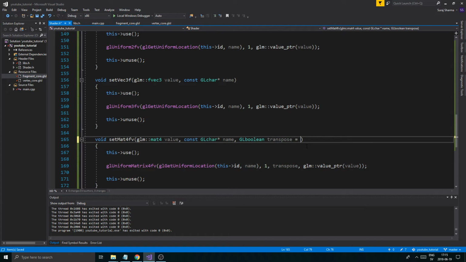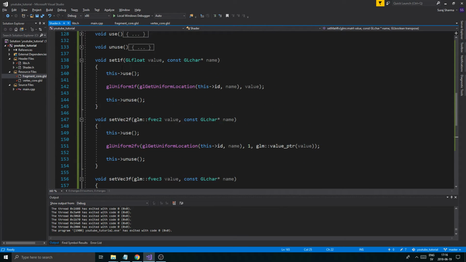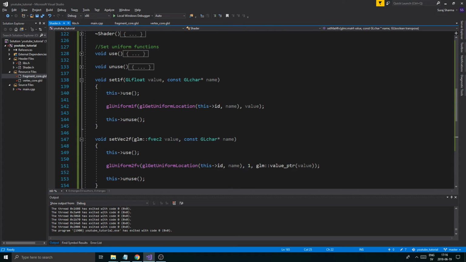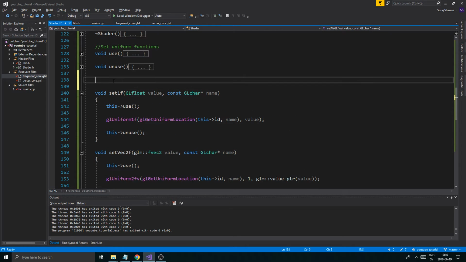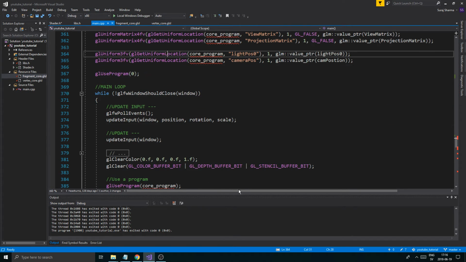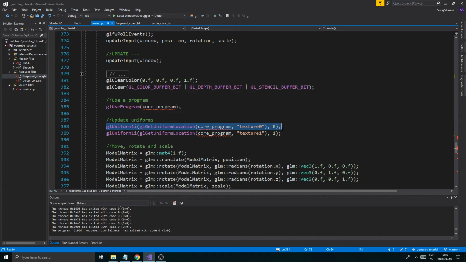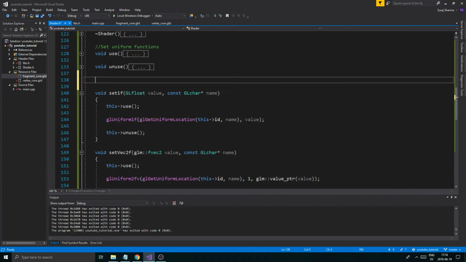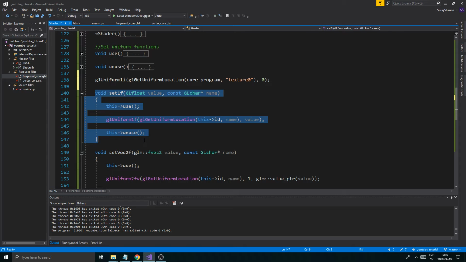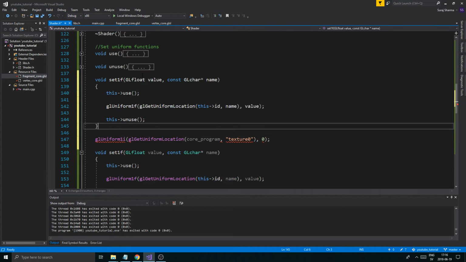And we'll just do this, GL false, so we don't have to type it in every time. So yeah, there you go. So we can set a mat4, vec3, vec2, one float. Also, you might want to set a texture. Obviously, since we do that in our main here, we set a texture every time, this one right here. So we're just going to copy this, and we're going to copy a function like this,